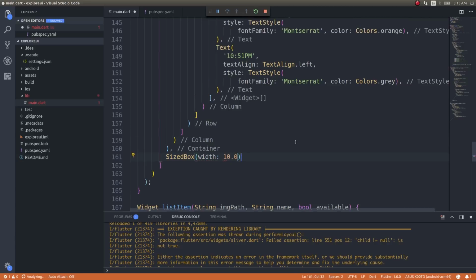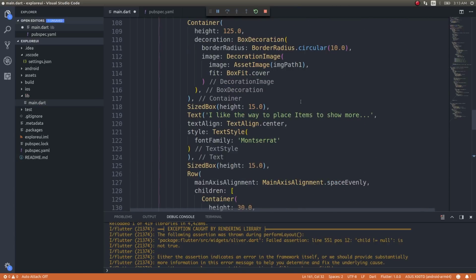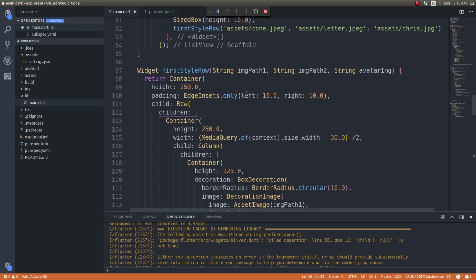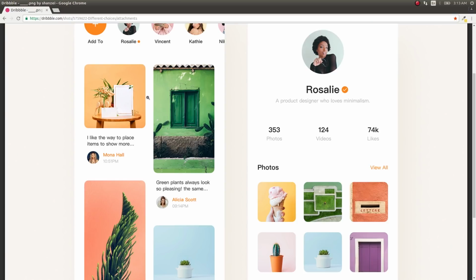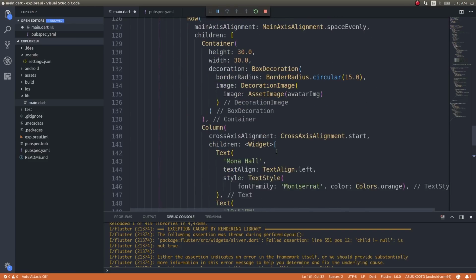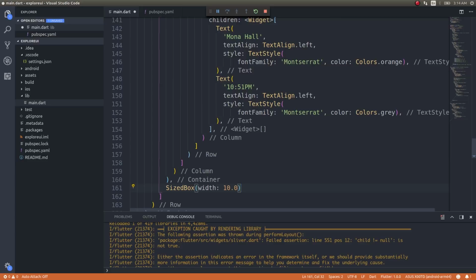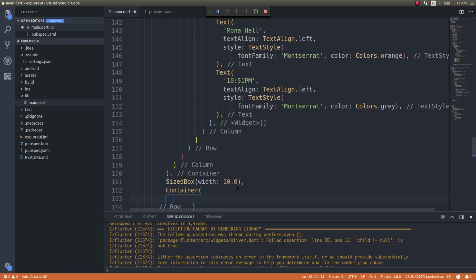Now you understand why I gave 30 here, right? Here I gave minus 30. Left padding is 10, right padding is 10, and the spacing between these two, the sized box, is 10. So I added all those three and gave it as 30 there. With this 10, and after this I'll simply place a container. Inside the container, let's have height 250.0,